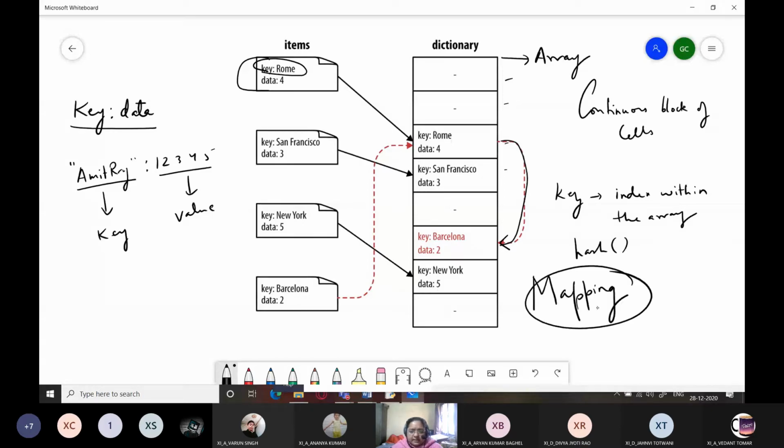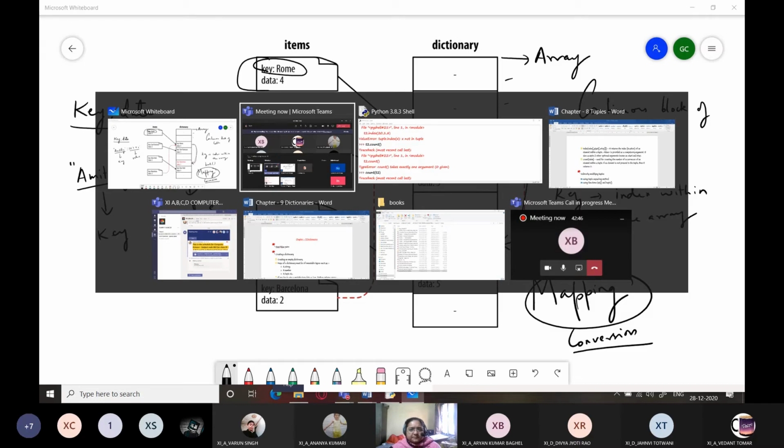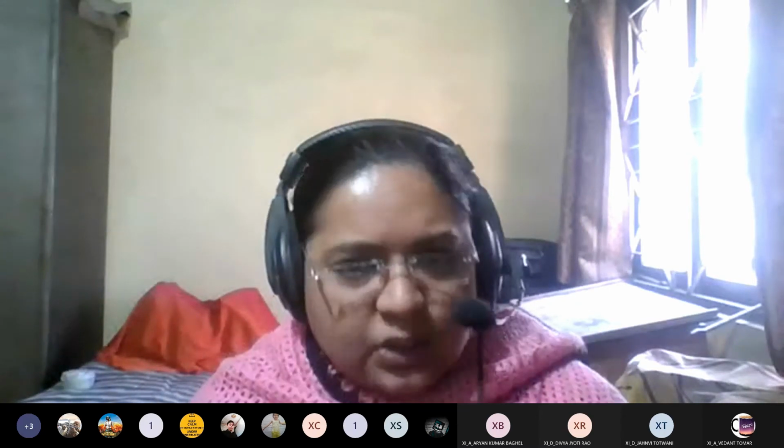Why? Because mapping means conversion of something. If I talk about a map, you might have seen a map. What is a map? It is a pictorial representation of the actual geographical areas where the actual distances, kilometers, miles, are scaled down to smaller units like centimeters or millimeters. You might have seen that, right? Why are maps used? Can anyone tell me what is the utility of using maps? To find a location, exactly.